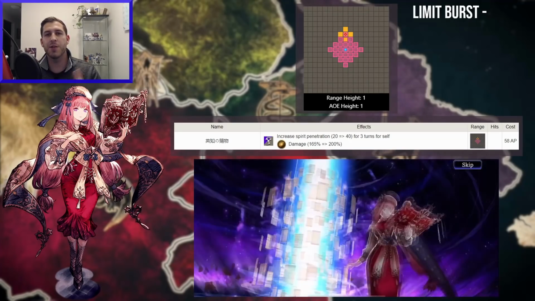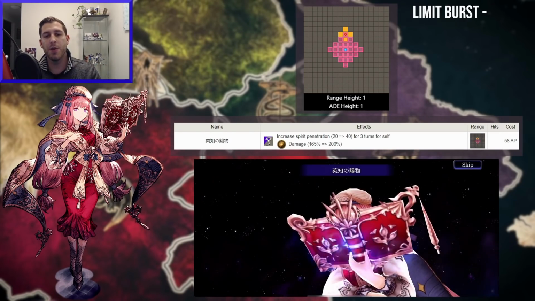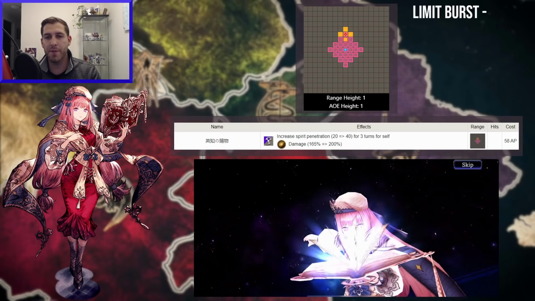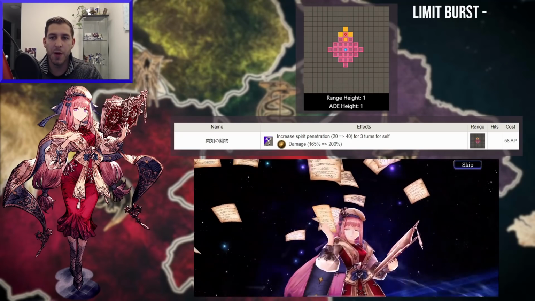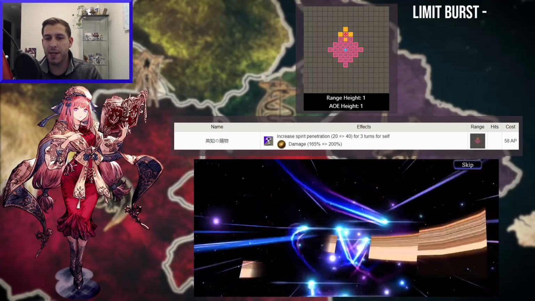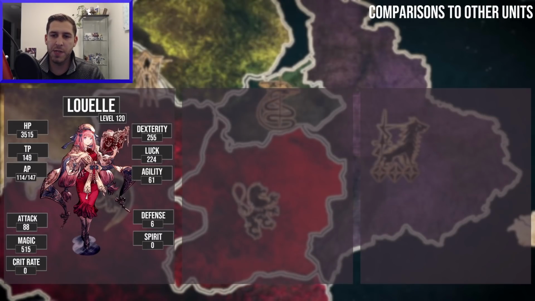So because she's a caster, she can use this right off the bat if she gets close enough, and then you would be able to get that spirit penetration from somewhere, and you wouldn't necessarily need to use it on the passive ability. So I'm definitely a fan of this LB, and it is an LB that I would consider leveling up. So we'll do some comparisons for her, and the way that I'm going to do this first is